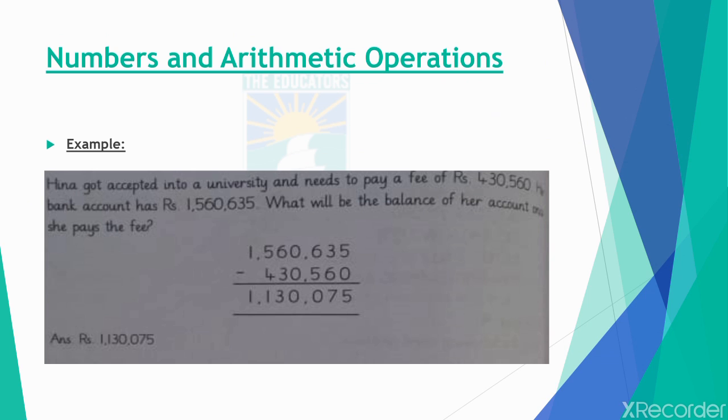Then we have an example. Hina got accepted into a university and needs to pay a fee of rupees 430,560. Her bank account has rupees